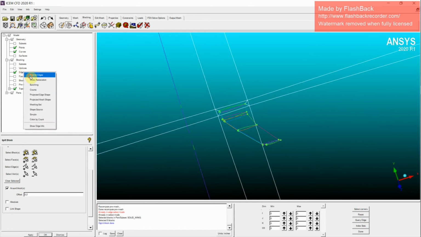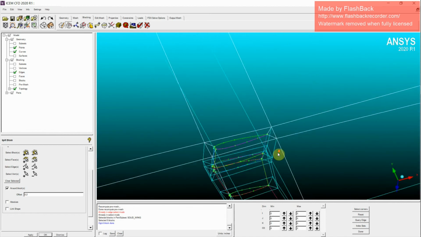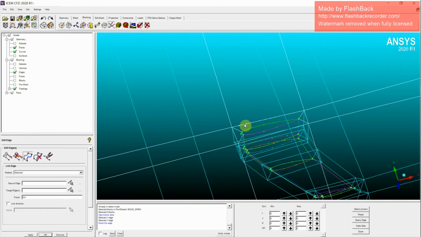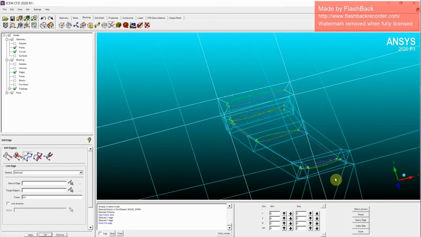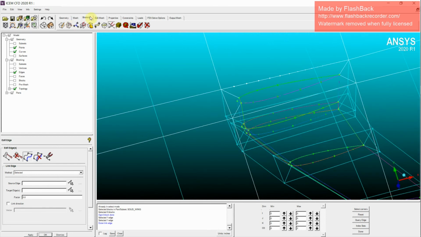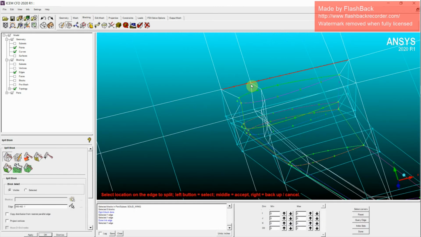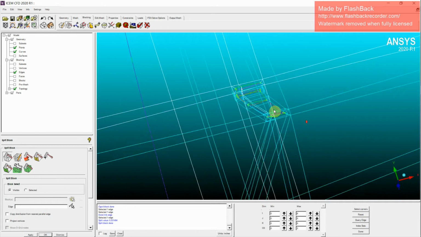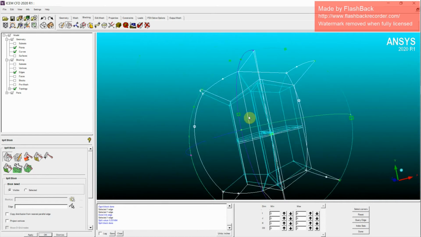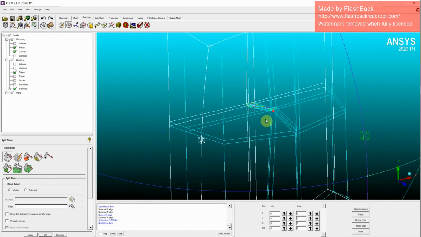So I'll just switch off the internal edges now, so you can see how the O-grid is created. Now the O-grid is looking pretty good. Next step is we will create a split some distance away from the leading edge, so that we can reduce the skewed elements towards the front side of the airfoil. For that, we'll go for blocking, split, and we'll create a normal split almost at this point. Yes, that will be fine.